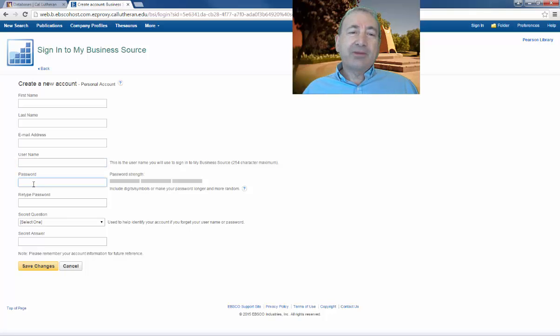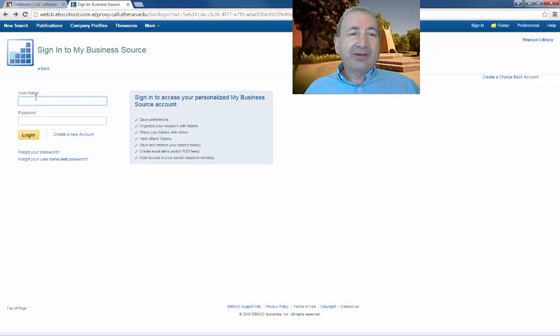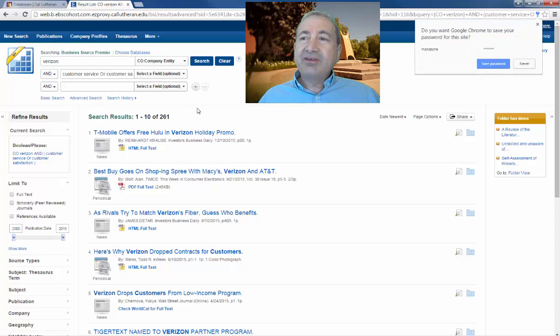Then the hard part is actually creating a password, and you can see there's a password strength meter here, so you'll have to satisfy the requirements of this. Sometimes you might have to re-enter the password several times for it to work. But once you have your account, I'll show you how that works. I'm going to just sign in as myself. Once I've signed in,